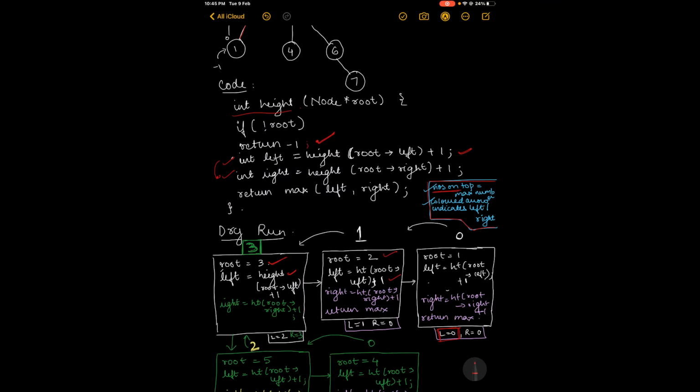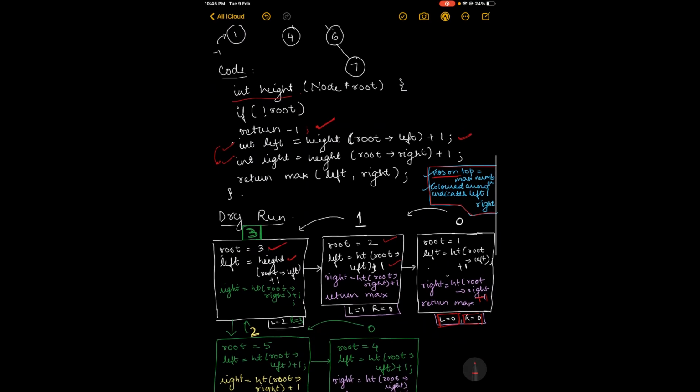Right is equal to height root right plus 1. Since there is no right child as well, this will also return minus 1. Minus 1 plus 1 is equal to 0, so even right is equal to 0. Both the recursive functions are calculated, so we can now return max of left comma right, which is 0 again.